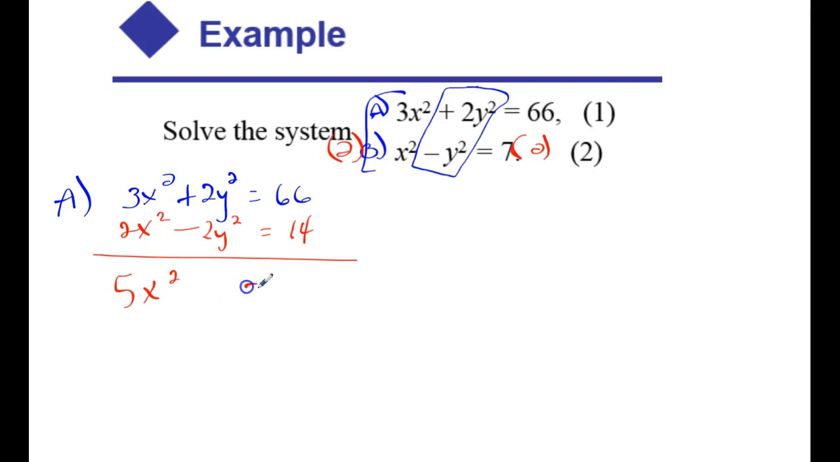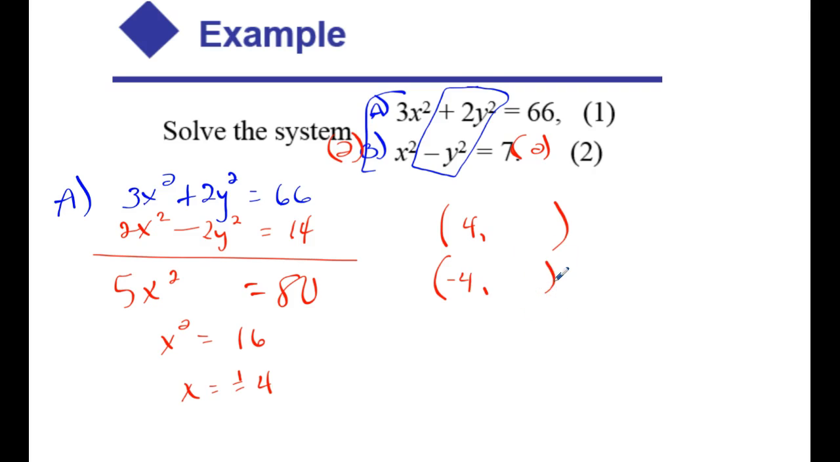5x squared equals 80. Dividing by 5, x squared is 16, and x is plus or minus 4. So again, I'll write some solutions, positive 4 and negative 4. And to find the y values, I'm going to choose one of the equations. I'm going to go to this guy right here,